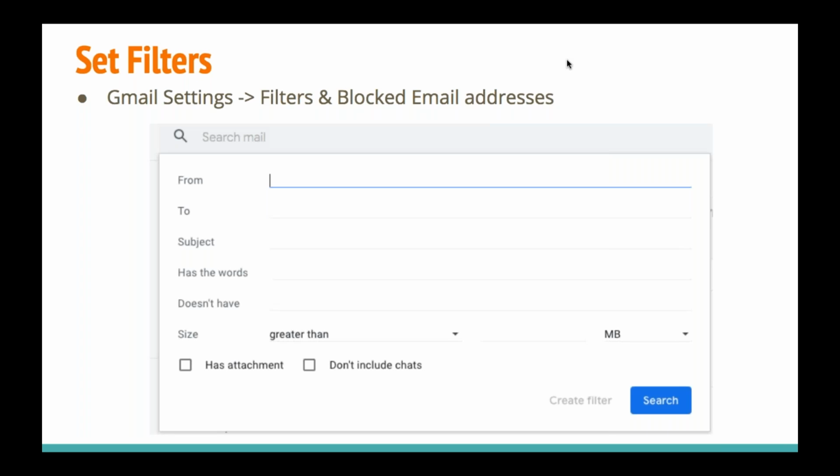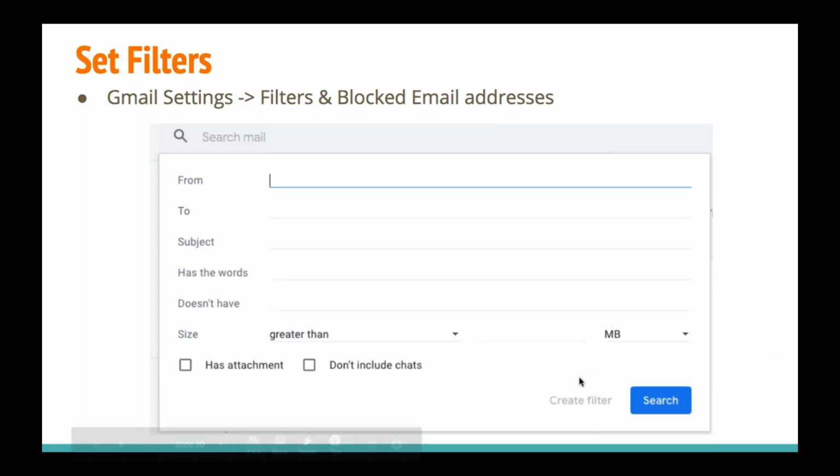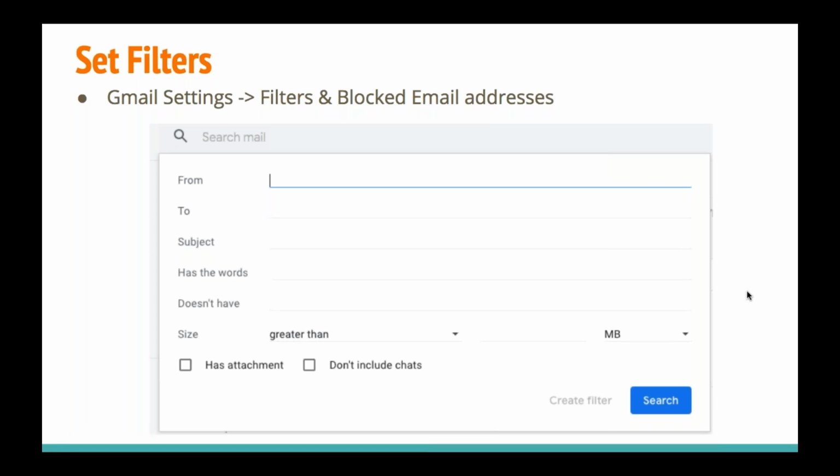You could create a filter. Again, in Gmail, this is in your settings under filters and blocked email addresses. You could either say anything from this email, do this with it. You could say anything with this subject line, anything with these words in the message somewhere. There's lots of different criteria you can use to set up a filter. And then once you put it in and say create filter, it'll give you a second set of options to figure out